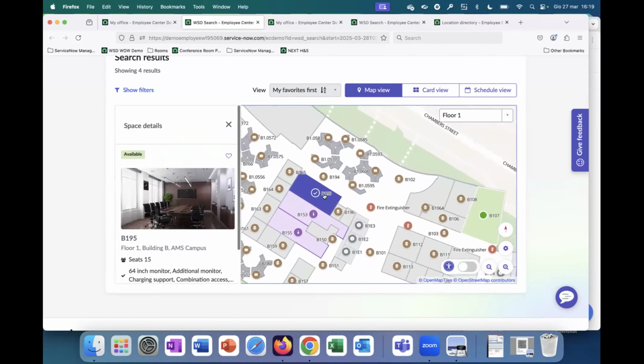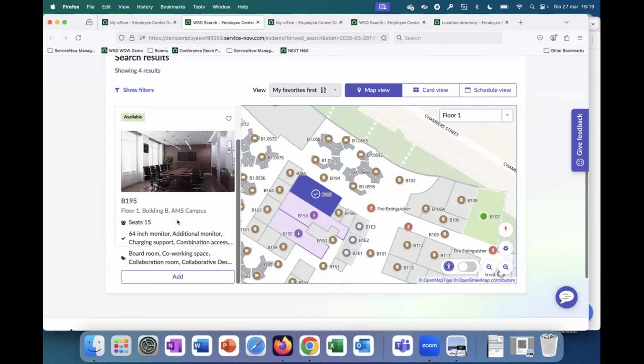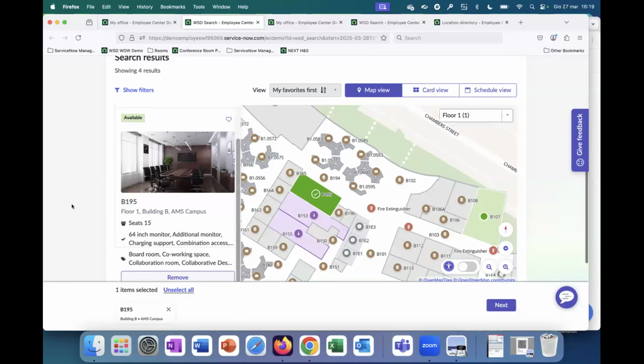I really love this one. I select this one. Is available. Okay, it's something that for me completely covers all my needs, so I can add it to my basket, because of course I can also reserve multiple items at the same time, maybe across buildings, for example. I may need to reserve multiple spaces for all the people I need to invite from a collaboration point